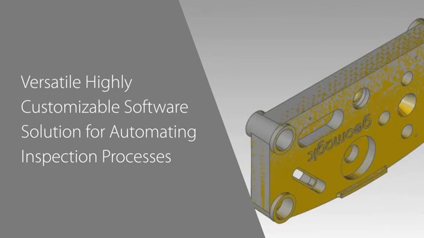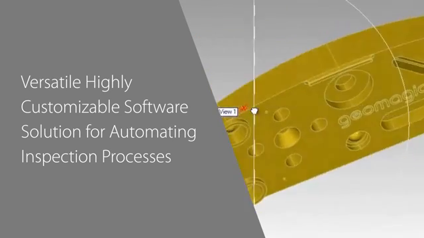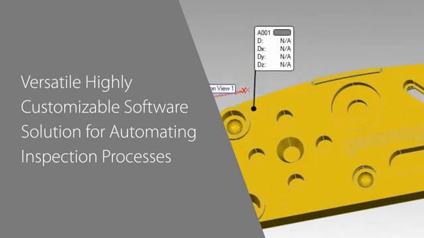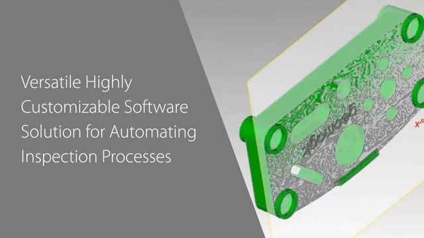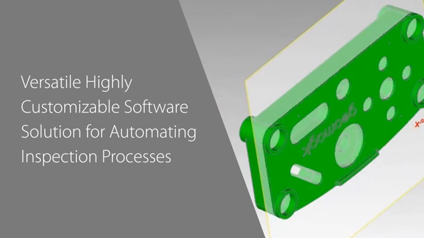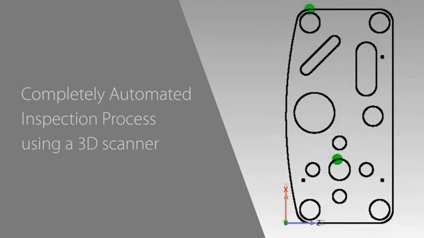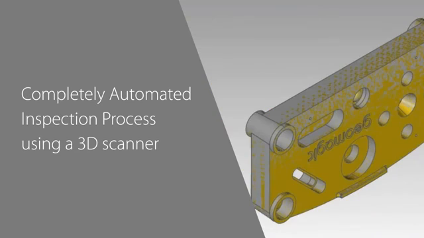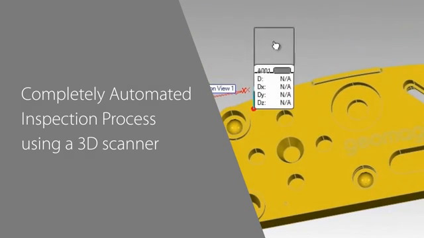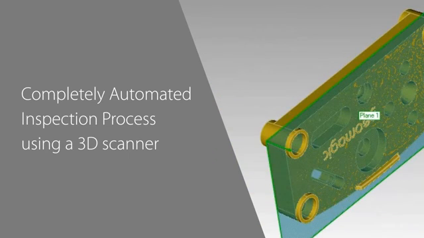Geomagic Control is a versatile, highly customizable software solution for automating inspection processes using data from portable metrology devices. In this video, you'll see how you can set up an inspection process on a reference file, then use the scripting tools within Control to run a completely automated inspection process using a 3D scanner. Once the script is created, Geomagic Control will run completely independently, so you can inspect hundreds or thousands of parts